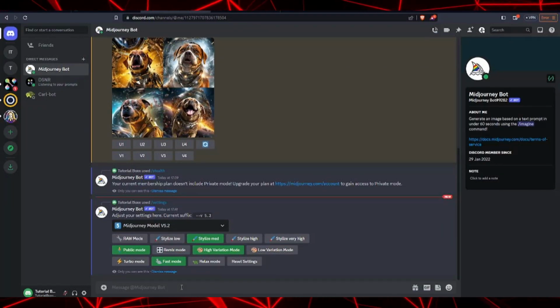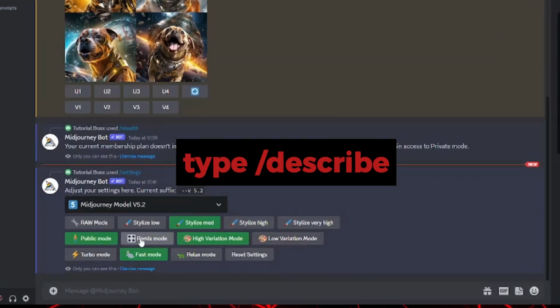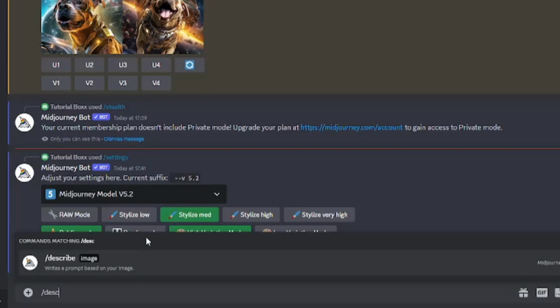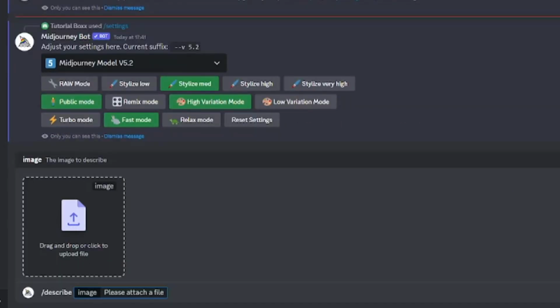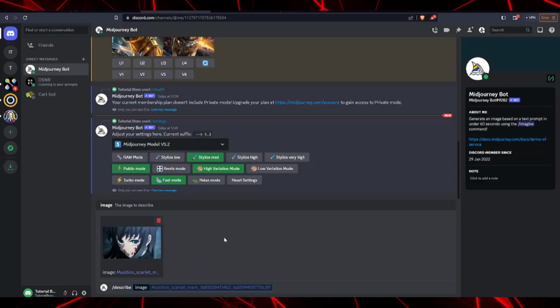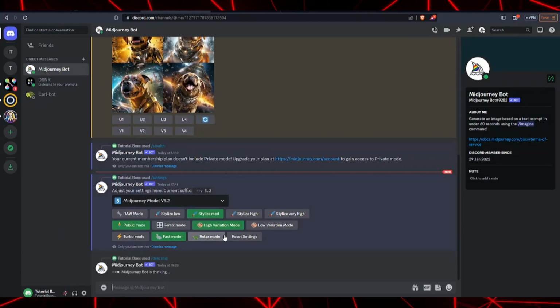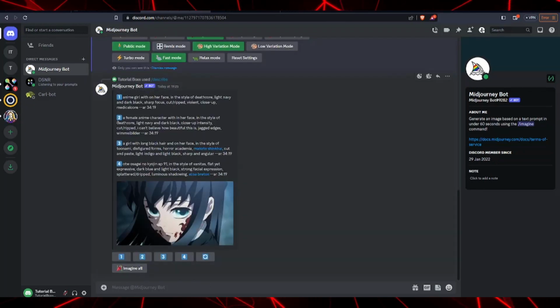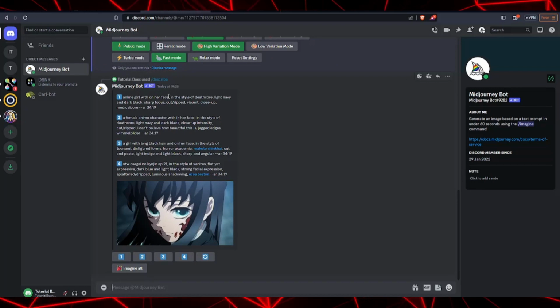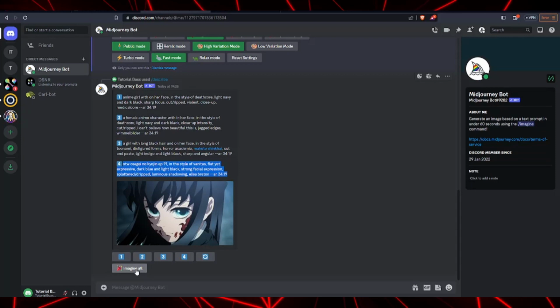So, to start things off, we're going to use the /describe command in order to upload an image we wish Midjourney to use. Now, after giving it some time and uploading the image to Midjourney, the AI bot will slowly scan our image and give us options for the prompts to use in order to generate an image just like that one. Now, after giving it some time to generate some prompts for us, as you can see, we can either ask it to use one of those prompts to generate more images from, or even imagine all of the